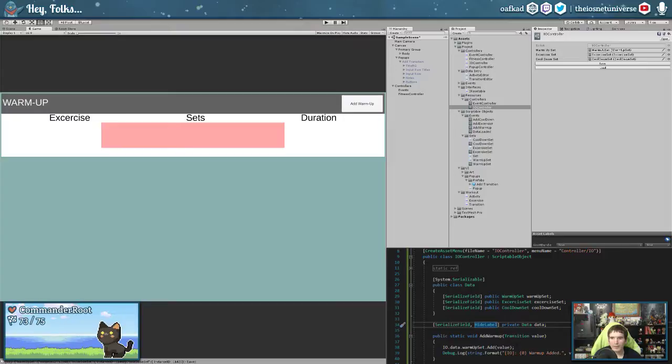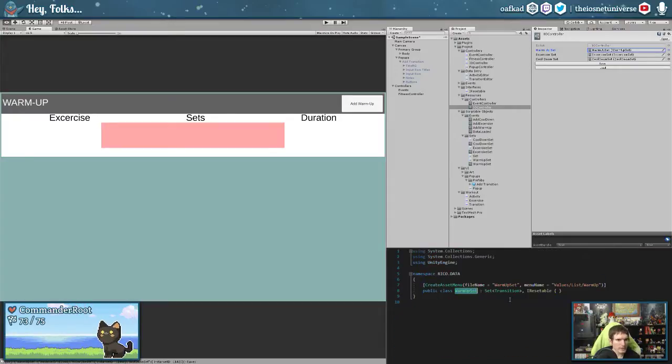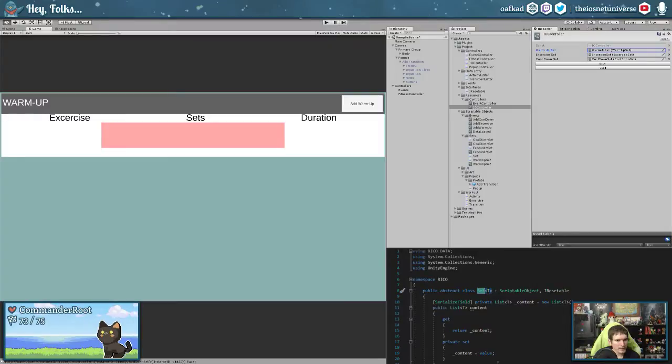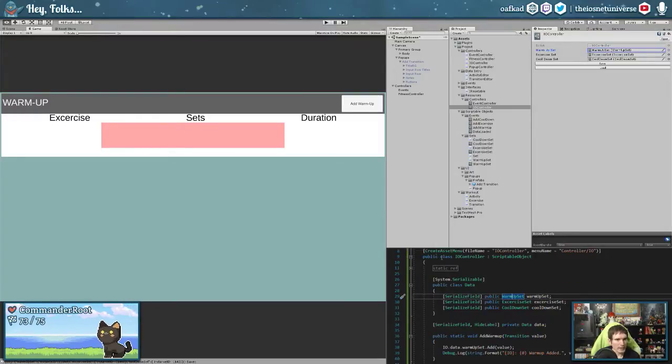And now when we look down here, we notice the issue. So we've got our warm-up set, which is just showing us the instance ID of the object. So that suggests to me that what we actually need is the contents, which, did I fix that yet? Did I make it so sets automatically? I did not. Okay, so how best to get this?